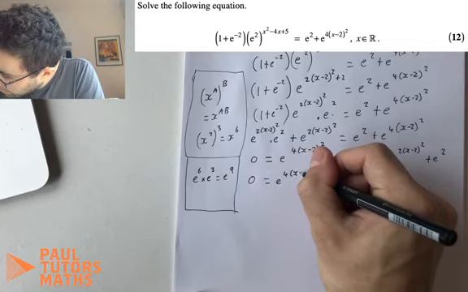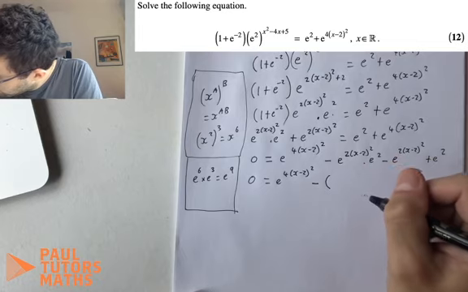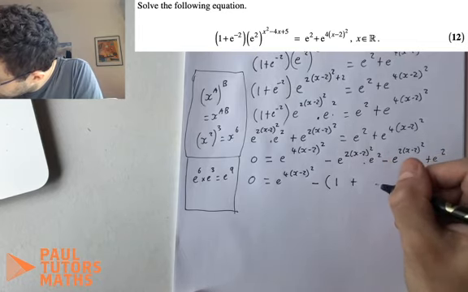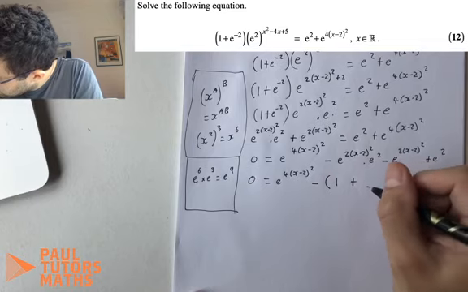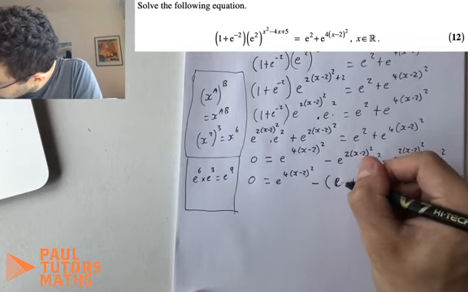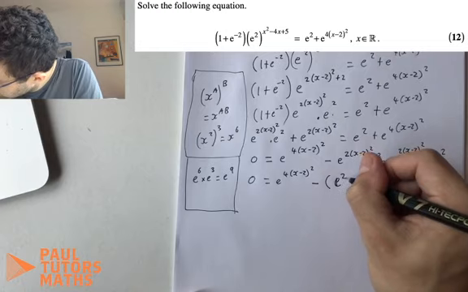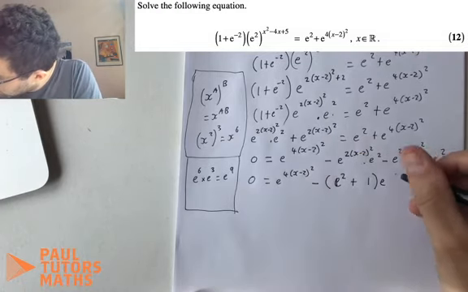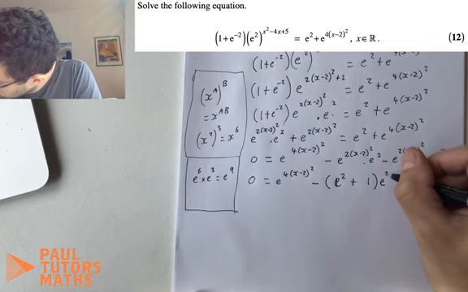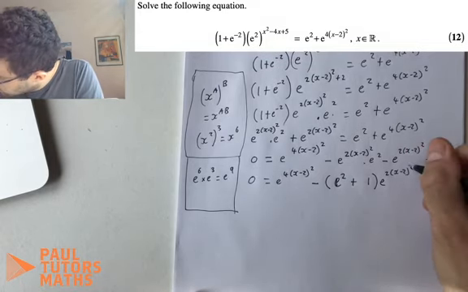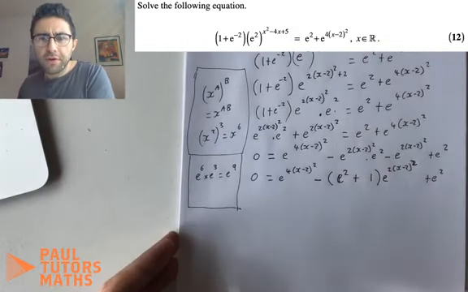Now, minus, what have we got here? 1 plus, well actually it's going to be, that first one's e squared plus 1 in brackets. So I'm kind of refactorizing it, so maybe I shouldn't have expanded it out there. And don't worry, stay with me guys, I know this is a monster, but you're going to get the rewards